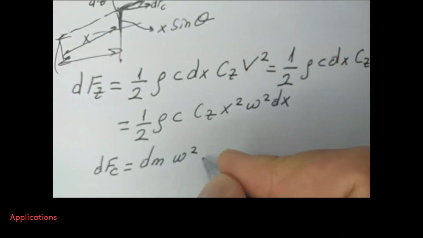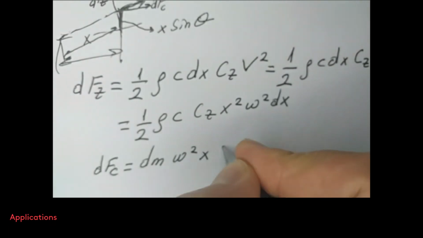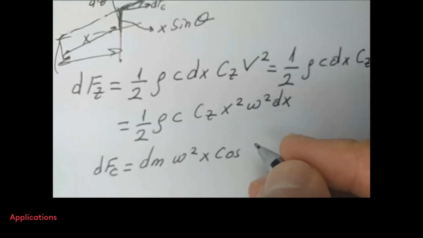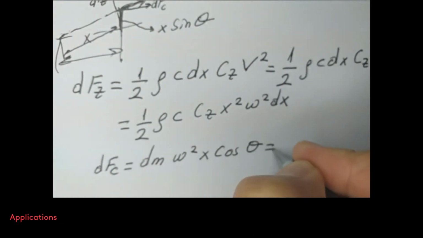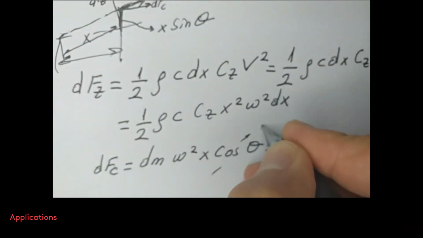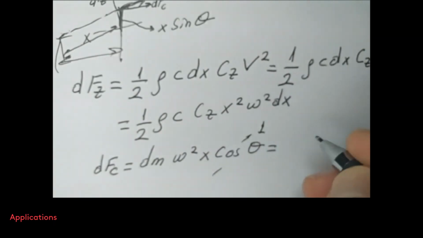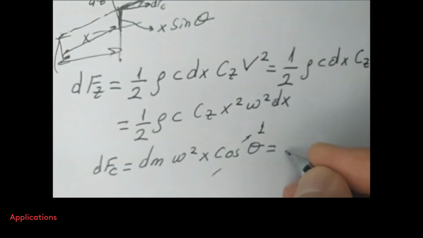So r is equal to x multiplied by cosine theta. Again, we can say that this is 1, and from here we have omega square